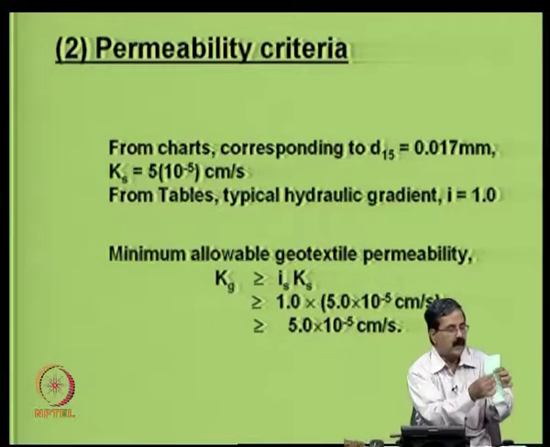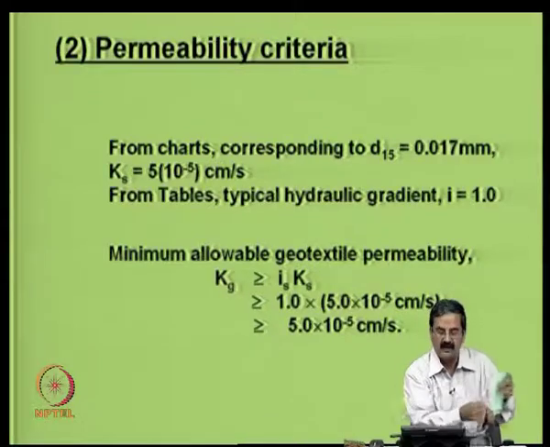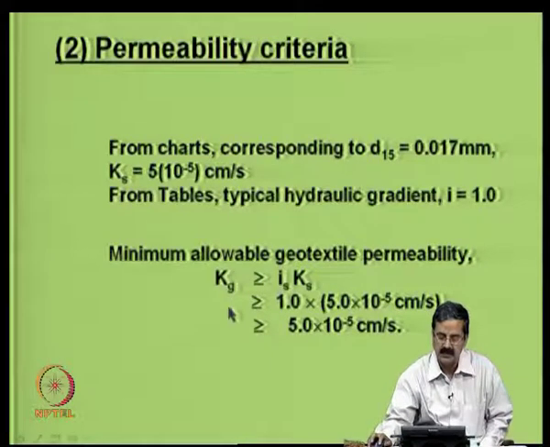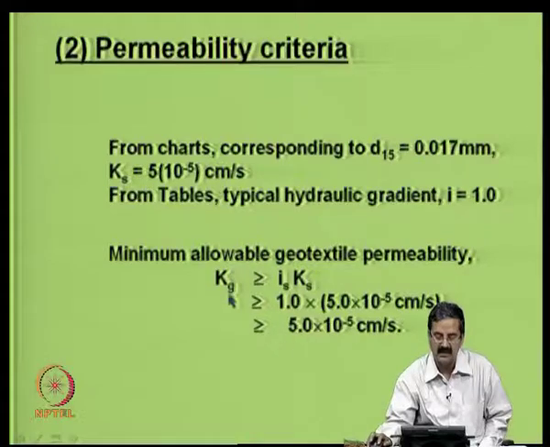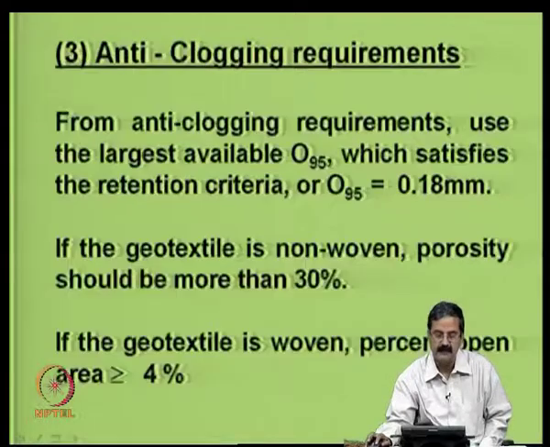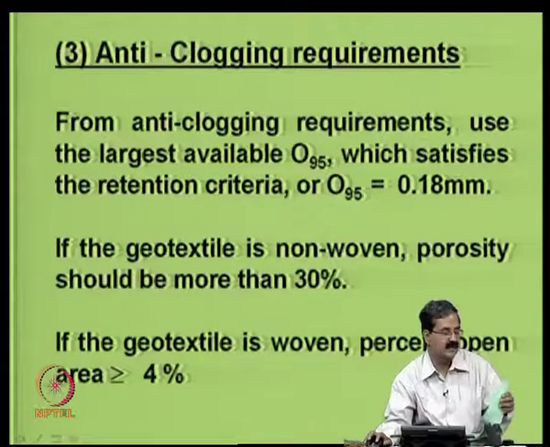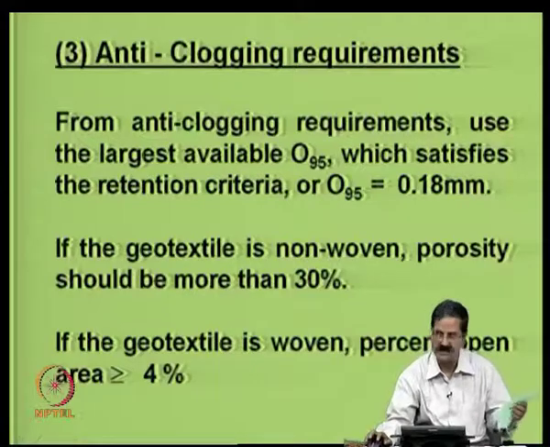I specified the apparent opening size of that, and now permeability should be specified. So, the geotextile permeability should be equal to the hydraulic gradient times Ks. This value of Ks of the soil is known, and so the Kg, the K of the geotextile, is this. And what we do in practice is, if you go to a particular company and see the specifications,